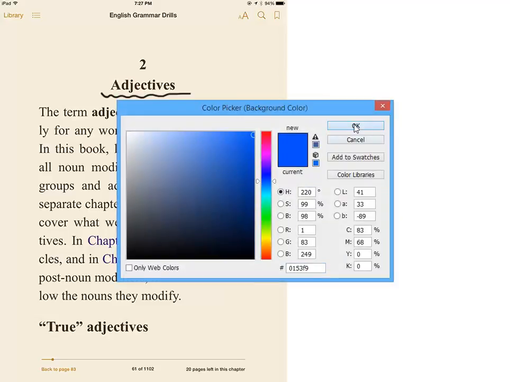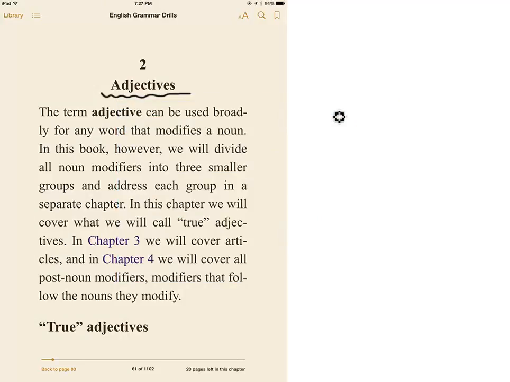Let's change the color here so we can get a different color. We'll change it to red this time. Okay, so we're going to talk about adjectives, and there's all kinds of different adjectives, and so we're going to go through them. Basically, anything that can be paired with a noun is an adjective. Okay, so we're going to break it up a little bit more than that, though.